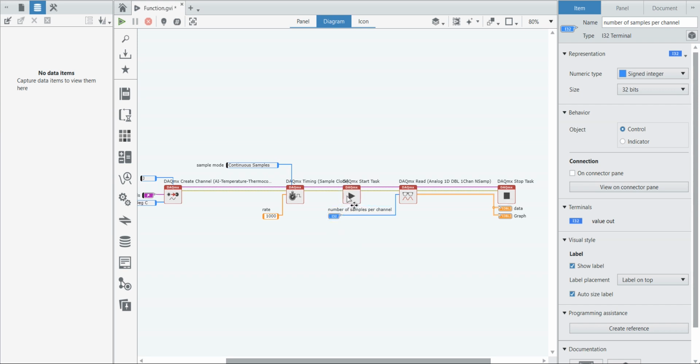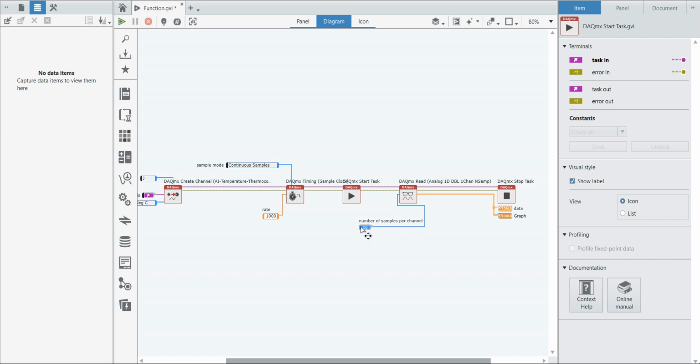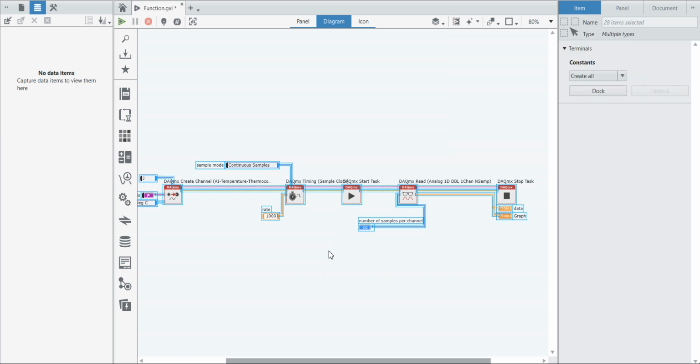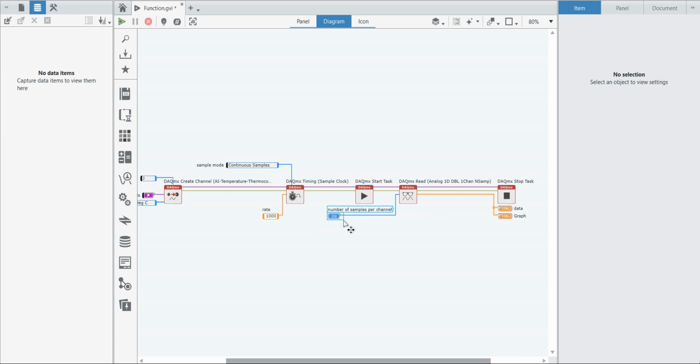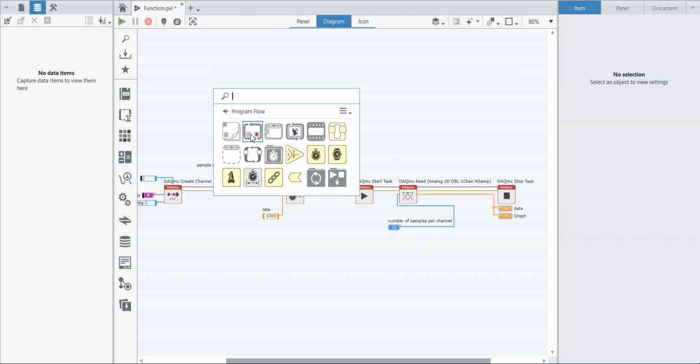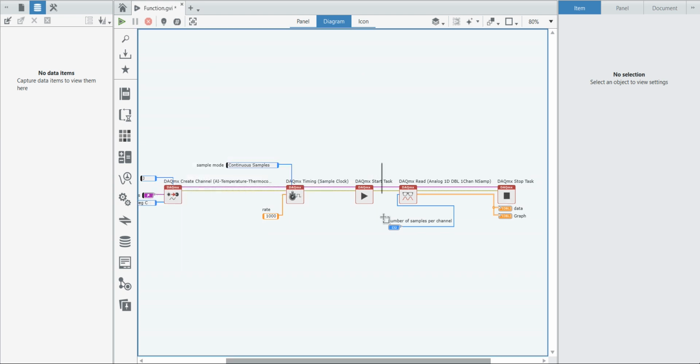Here I am going to use Control A, Control U. Then right click, come here, take this while loop.